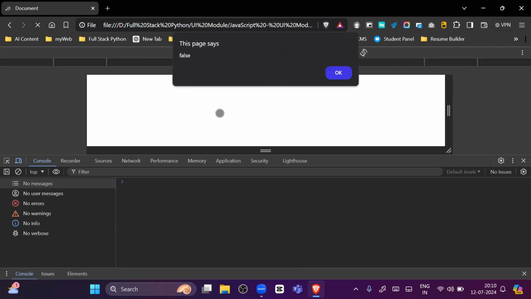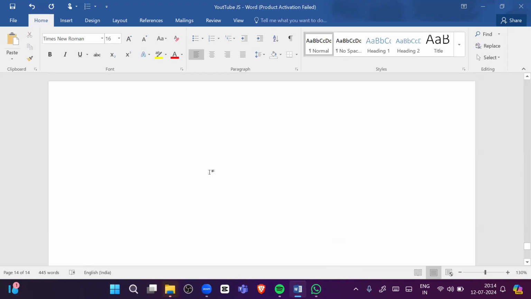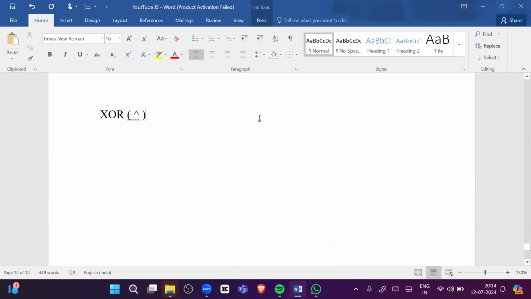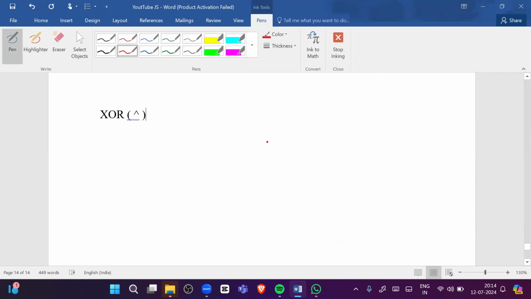What's the value? False. Okay, now let's understand the XOR operator. So what is the symbol? The symbol is this cap symbol of this operator. So what is the meaning of this? Like how does it work? For example, we have A and B, and here is the result,